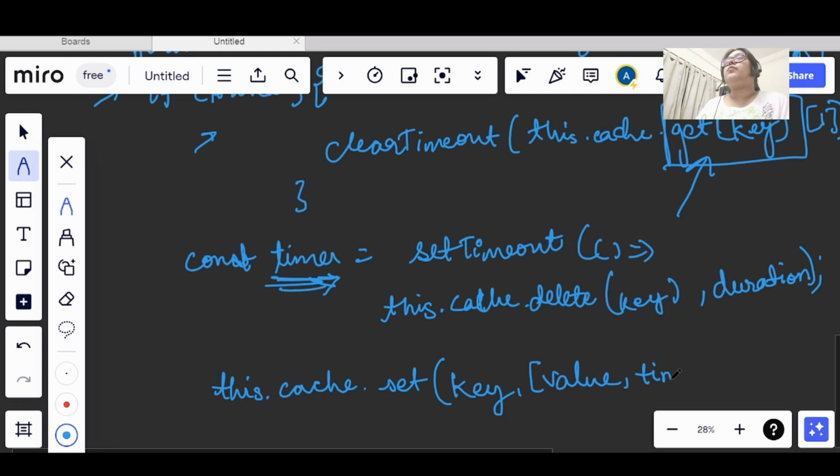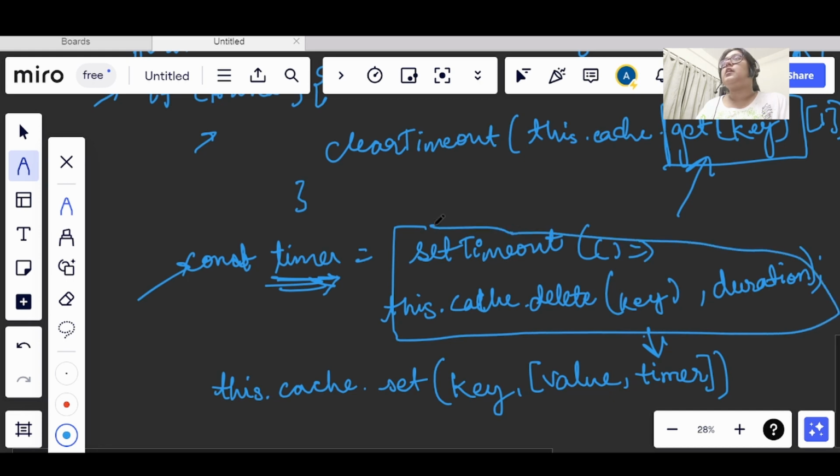Now we will understand what is happening here. This timer that I am setting here is a setTimeout function. The setTimeout function that I am passing here is in the first index.